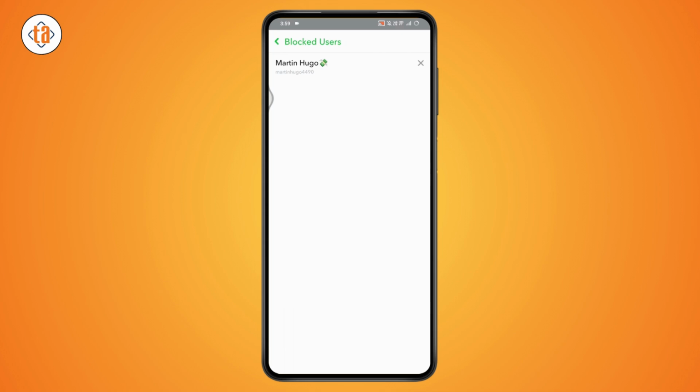So if you're searching for the person and it says sorry couldn't find the username, then that person might be on your blocked list. So simply check your block list and remove that person from your block list, and you can search for the person and you'll be able to find that person. So that's how you can fix the Snapchat couldn't